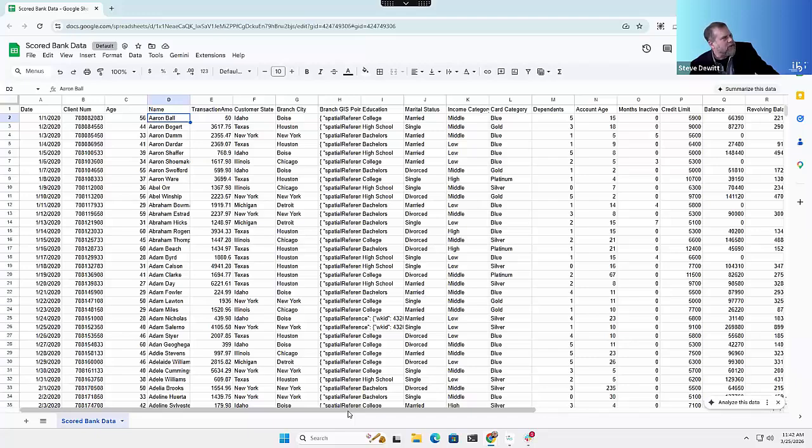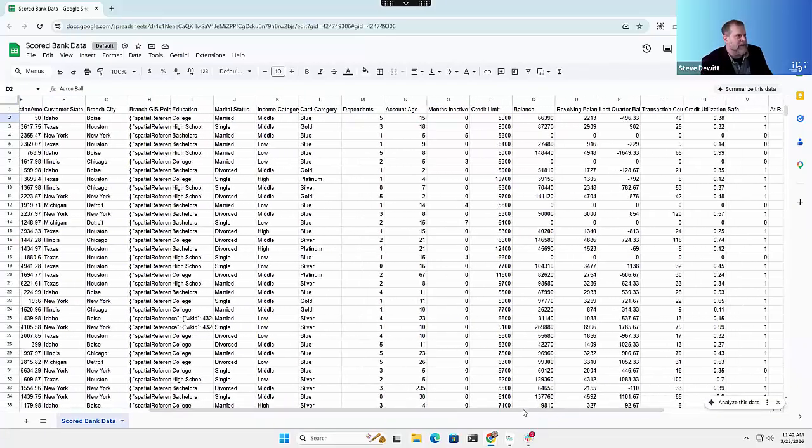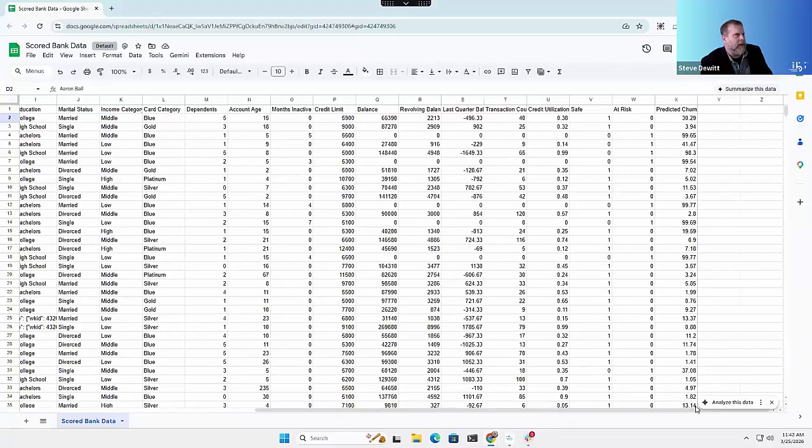We have some demographic information about these customers. We know something about their income levels. We know something about their financial status. We know about their inactivity, their balances. And then over here to the right,